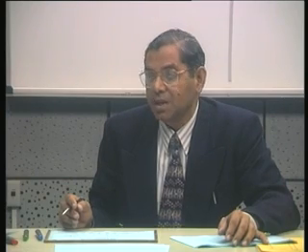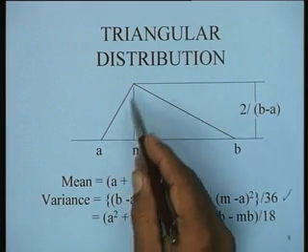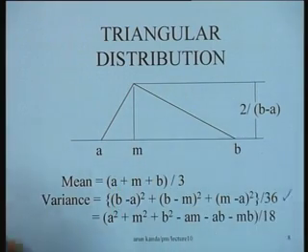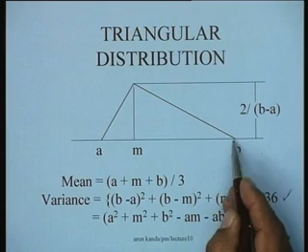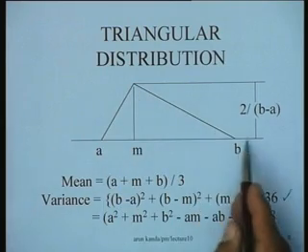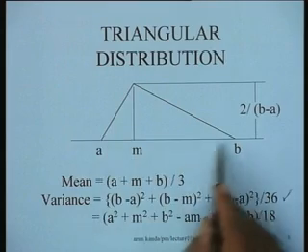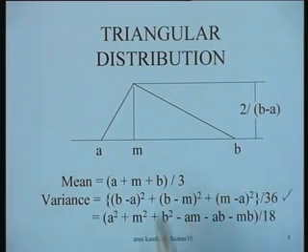So triangular distribution, is it not a kind of beta distribution then? It's not a kind of beta distribution, it's a different distribution. It's a distribution in its own right. Very true, it looks like a beta distribution, but a beta distribution has a probability density function which we saw was governed by that particular expression, that k into t minus a to the power c and so on. Here these are straight lines. So they are similar in the sense that they have these 3 time estimates, but the distributions are entirely different. Okay.